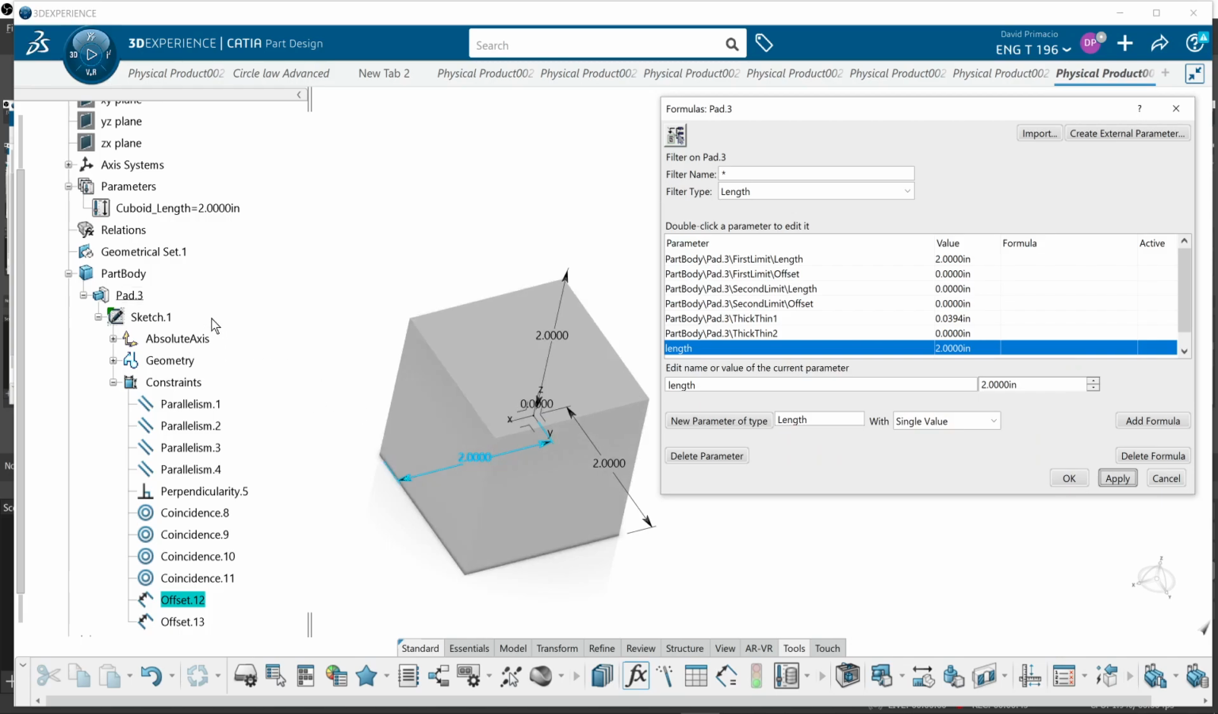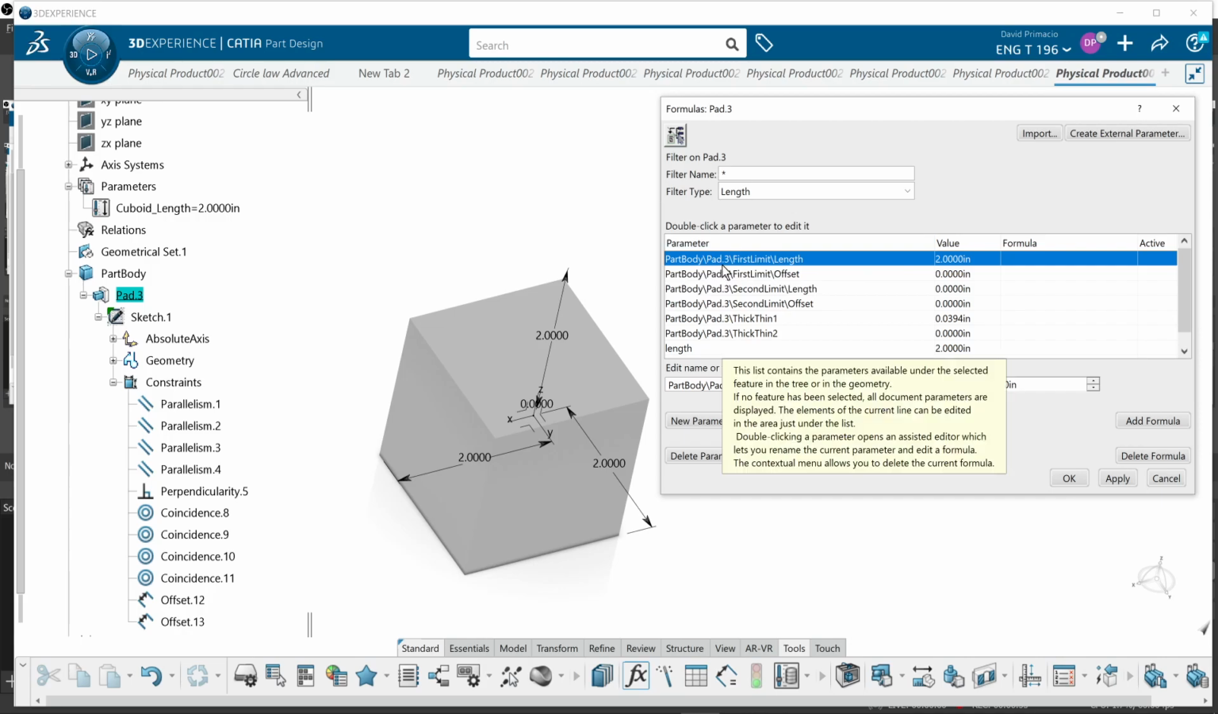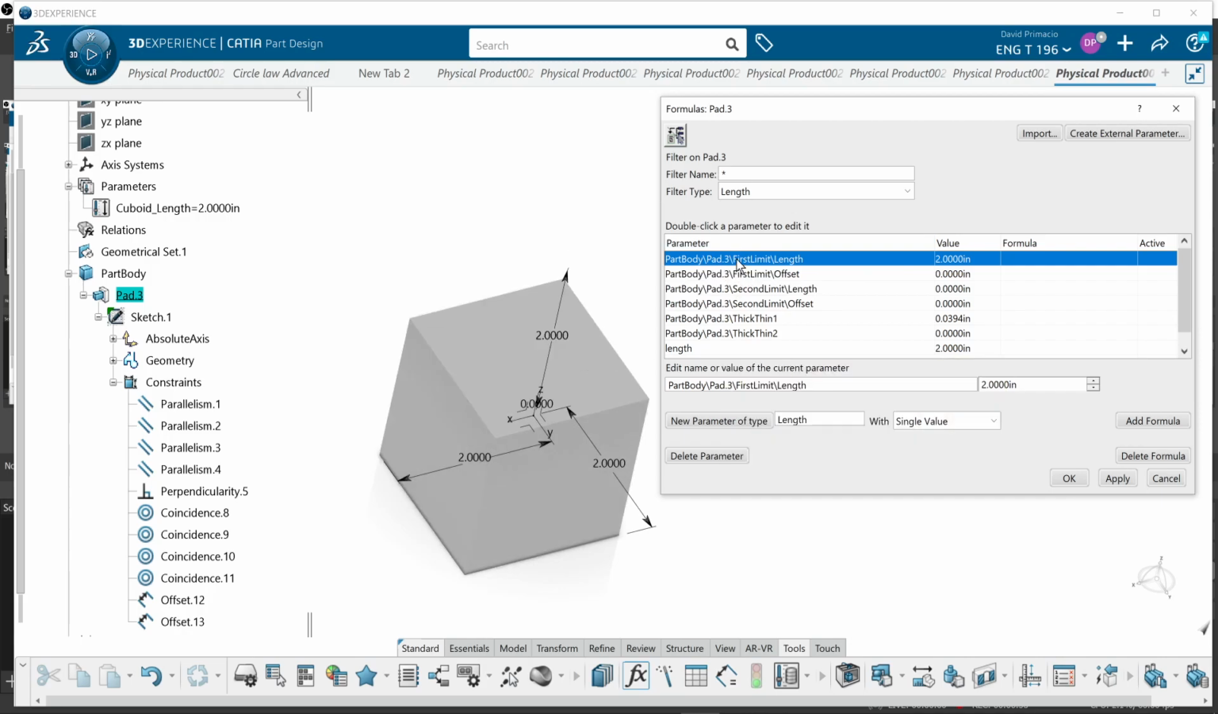And then for the pad, if I pick this length here, it's the only one that has the 2-inch length, and it's the first limit from the pad. So I know that's this one over here, so I click on that, and I'm going to change that to height. So typically, your Z value is the height,